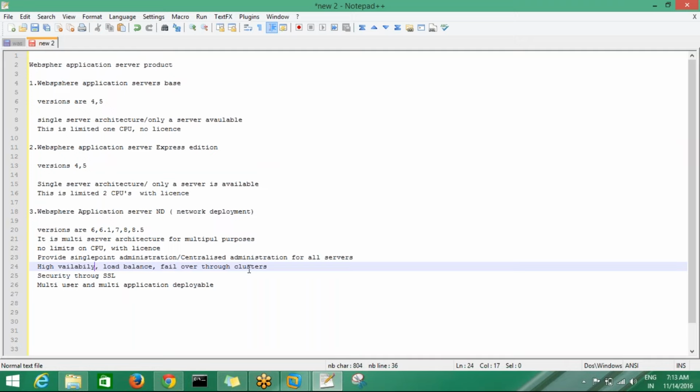We can group the servers as a cluster, so that topic is named cluster. Cluster means we can group multiple application servers as a cluster, and deploy the application into the cluster. Then the cluster provides the services. In the cluster, if any server goes down while serving, another server takes over the responsibility to handle the request.